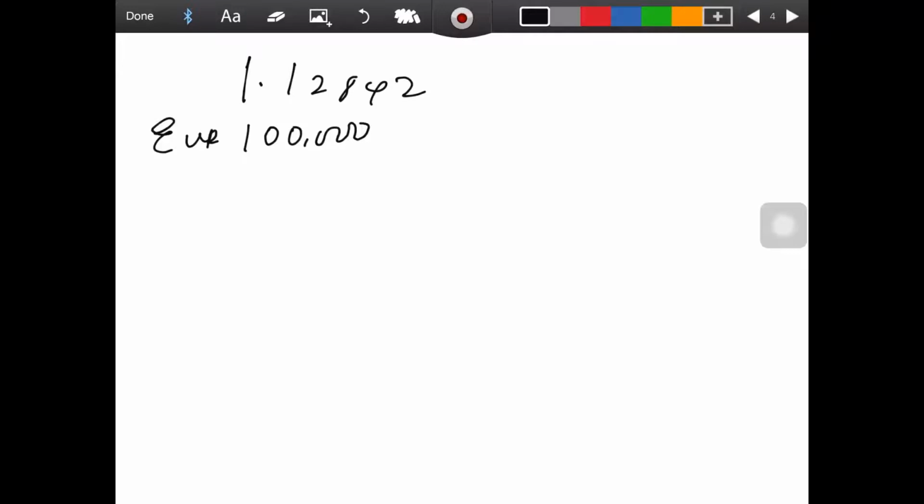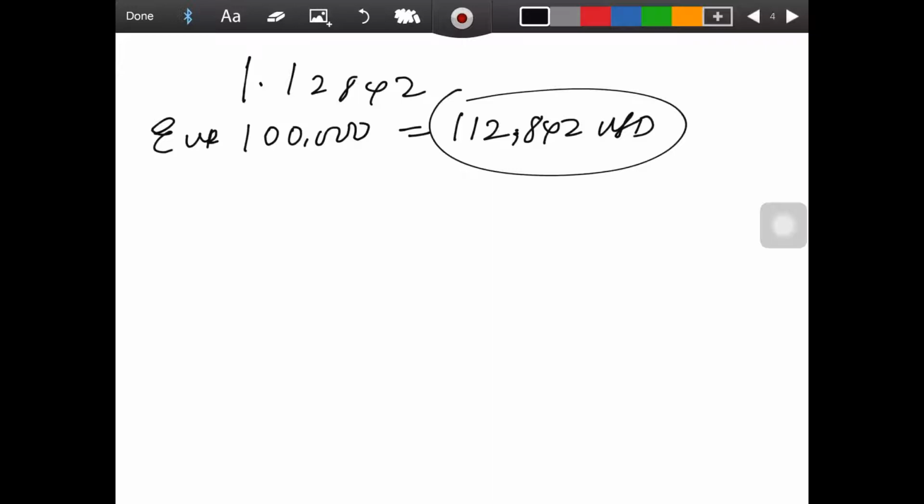This simply means that to buy 100,000 units of euro, you need 112,842 USD. This is what you need to buy 100,000 units. This is your margin,